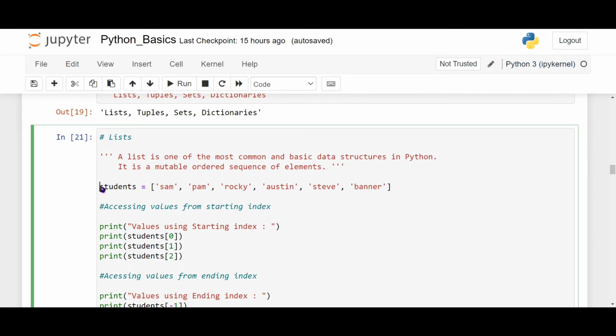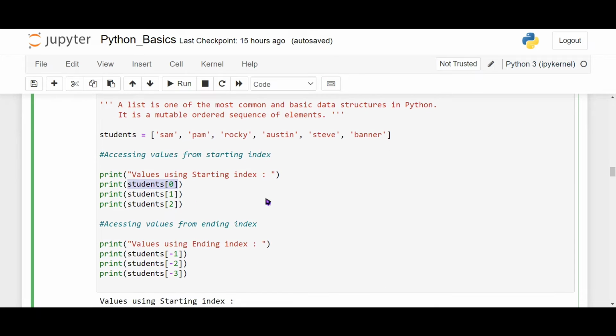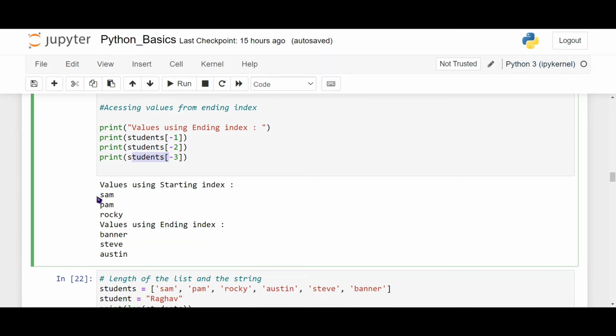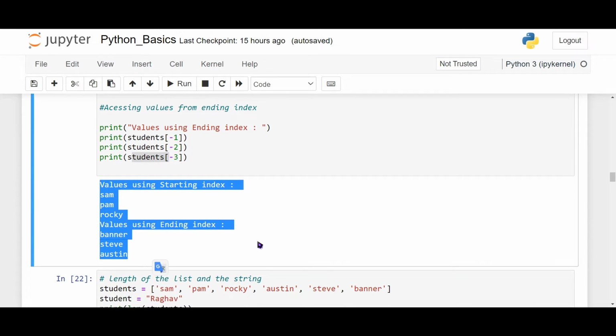We can declare a list like students equal to, in square brackets, and if we want to access the values of the list, we can use indexing: students[0], students[1], and students[2]. If we want to get the values from the back, we can also use students[-1], students[-2], students[-3], and so on. And this is the output of the following code.